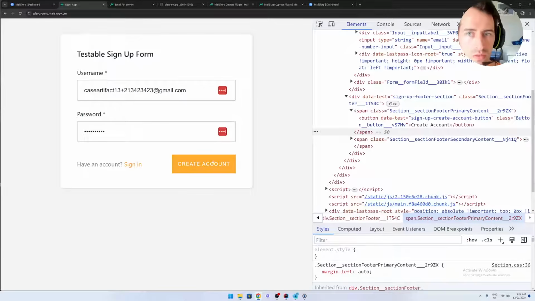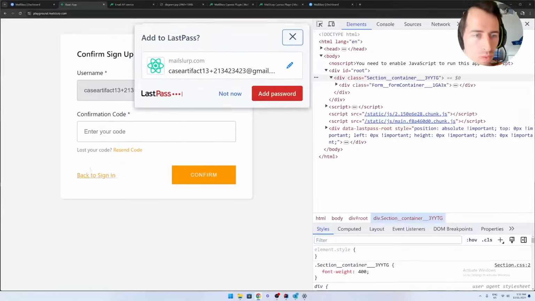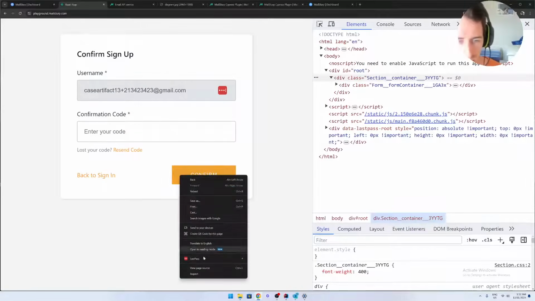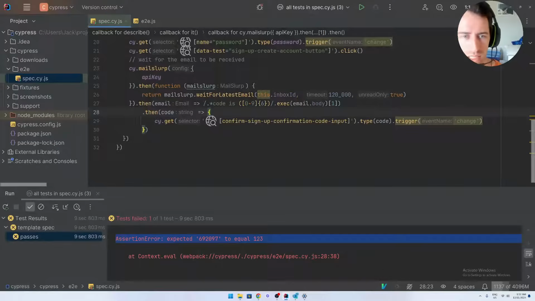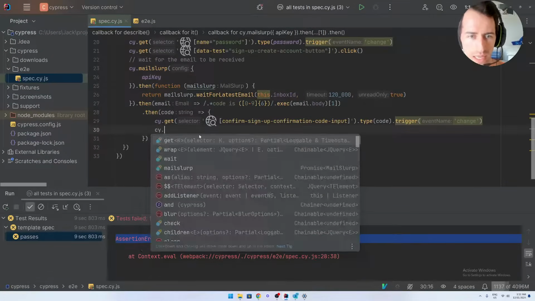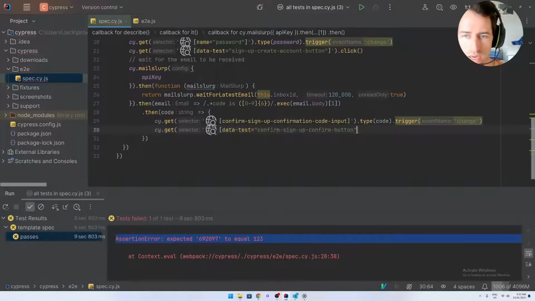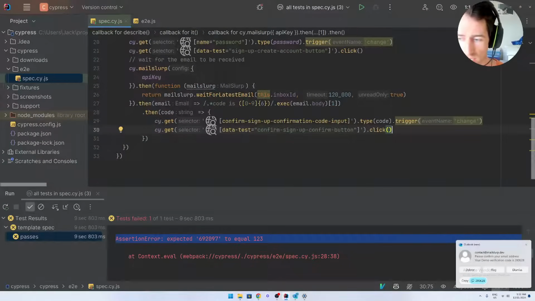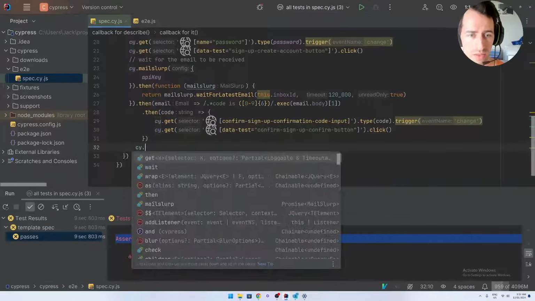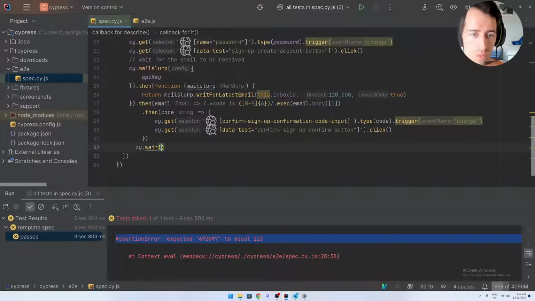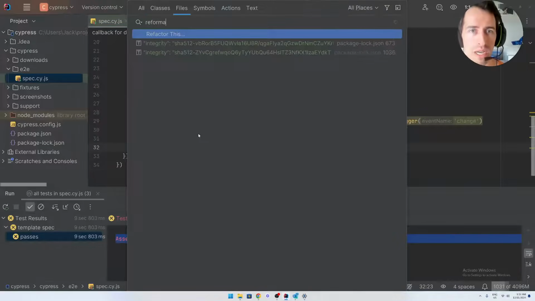Okay, let's click create an account. Okay, so when we fill in the confirmation code, we then need to click this confirm button, and the data test element is there. So we can click like that, and then we say click. Okay, great. And after that, it should take us back to the login screen again. Okay, so if all this works, let's then just wait again, and we'll use that to inspect the code and see what's happening. So let's just reformat this,